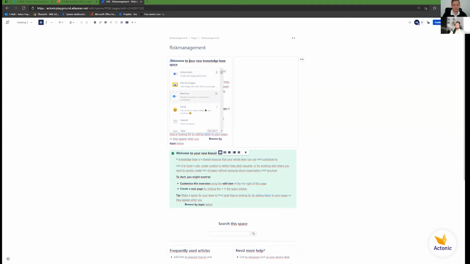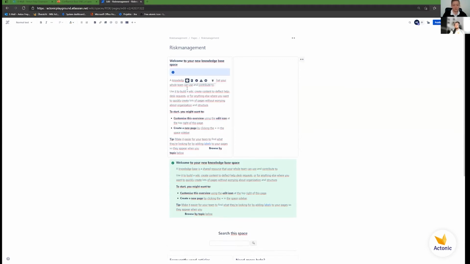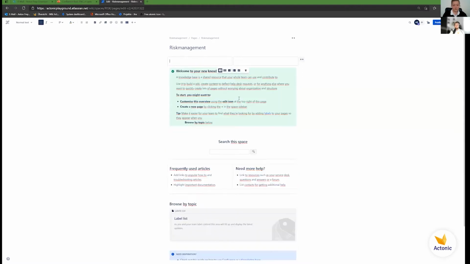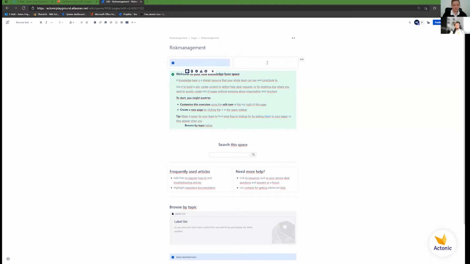So I wanted an info box. You saw the info box here in green. Now it's in blue. And I just use the text and drop it in there, and it will not work. Force of habit. So I will use my layout differently